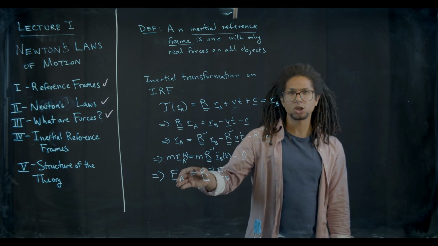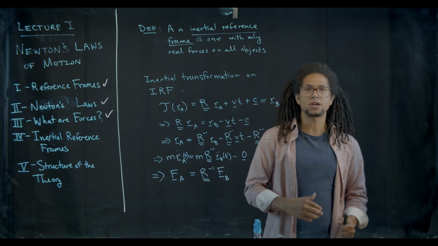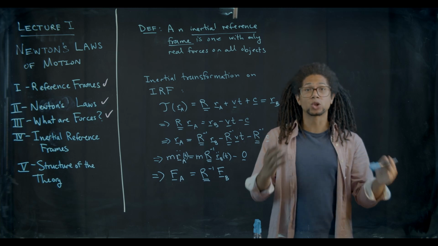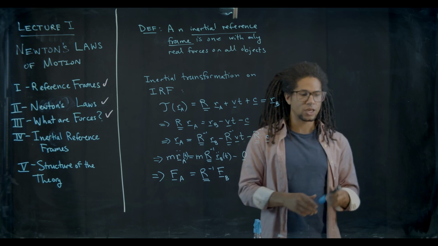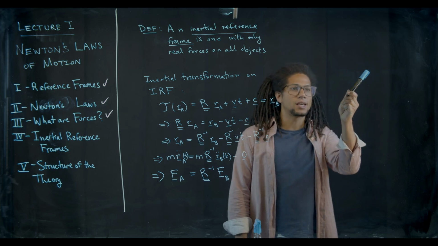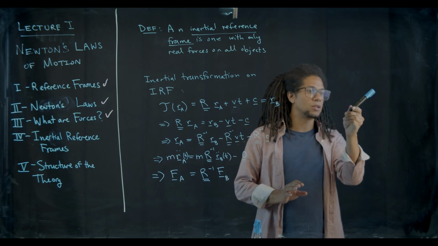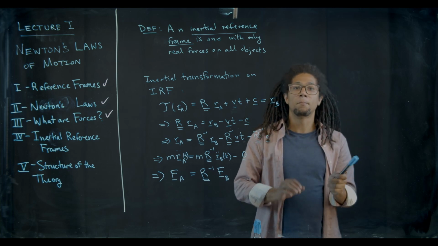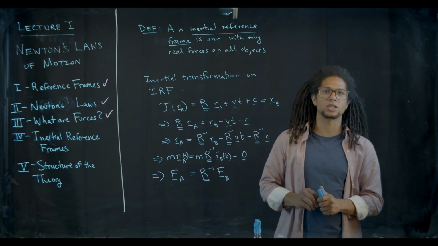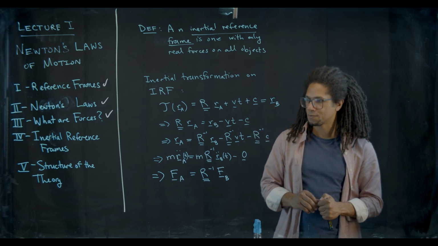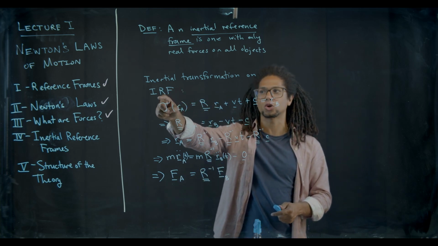So in other words, the relationship between the forces in A and the forces in B is just a rotation. We'll consider a force to stay real as long as it's just experiencing a constant rotation between reference frames. In other words, the force vector stays like this, but we rotated our head a certain constant amount. As long as our head isn't moving over time by a different amount of angle, then it's okay, we're still in the same situation. All right, so we've shown now that an inertial transformation on an inertial reference frame,